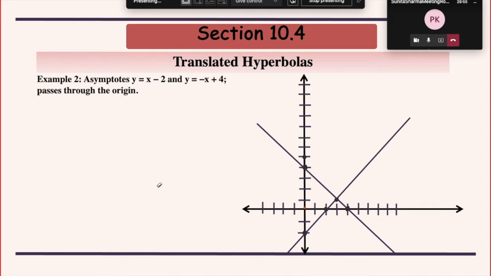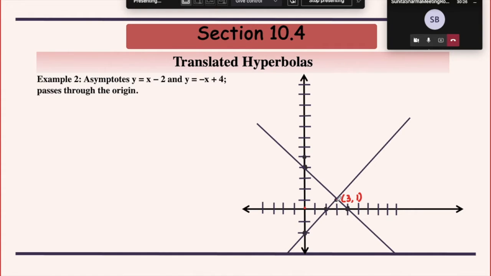Sanya. Yes, ma'am. Okay, the same question to you. How would you find H, K? Ma'am, we'll solve the two equations and we get H as 3 and K as 1. So you can see it from here also, from the diagram. So these are the coordinates of this point, and this is actually your center. So intersection of the two asymptotes is the center point.